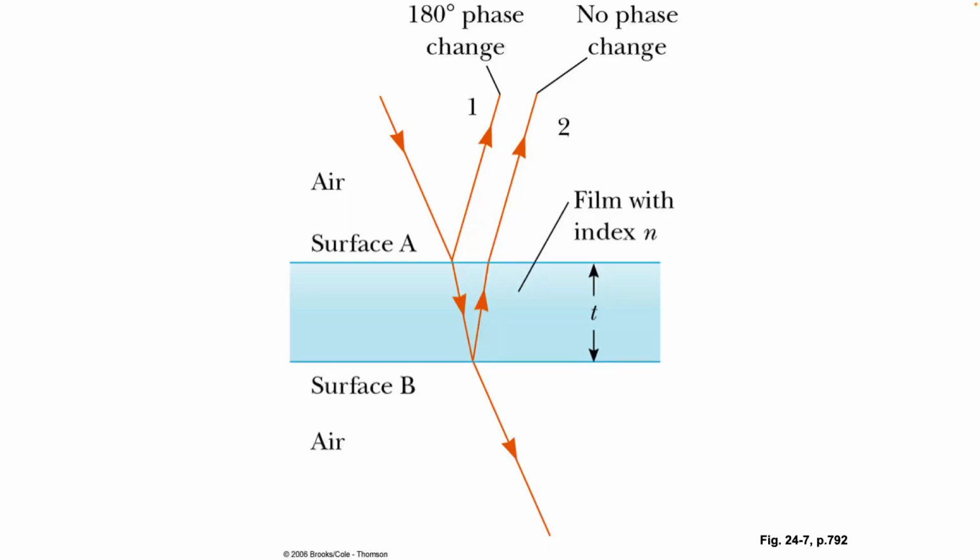When you draw a picture for something that's hitting straight up and down, the light ray comes in. Does it reflect? When light hits a surface, does it reflect? Yes. What's the angle of reflection? If your angle of incidence is 0, what's your angle of reflection? 0. So the reflected ray goes right back up. But reflection isn't the only thing that happens. There's also transmission, meaning that part of the wave reflects and the other part keeps going through the material until it hits the next boundary.